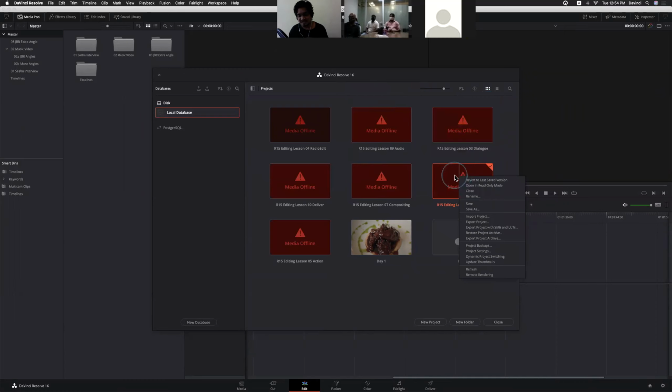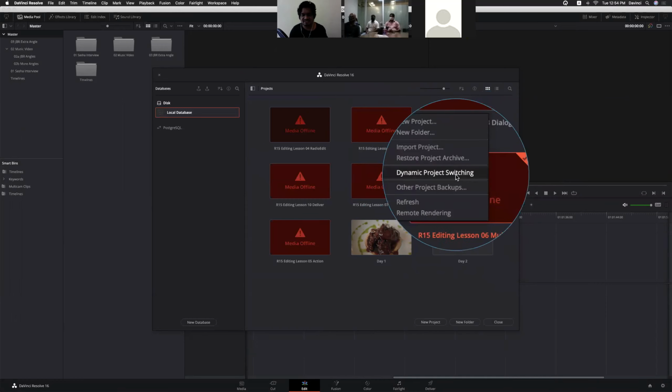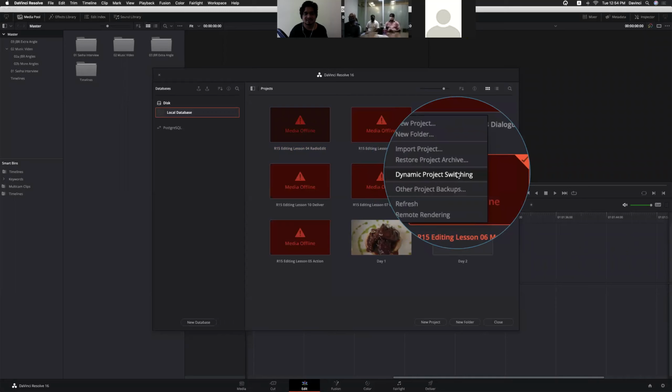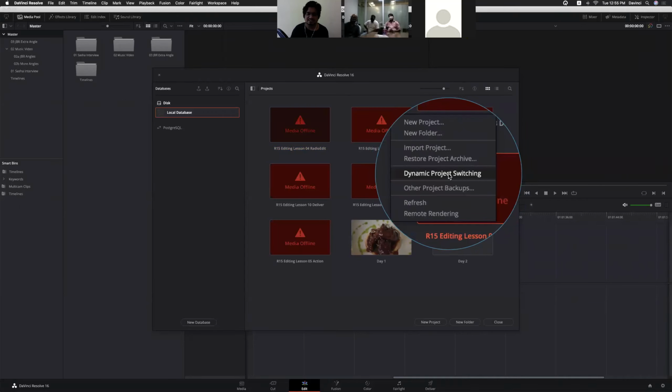We do have one option, right click, dynamic project switching. Dynamic project switching means it will not close the project. You can open multiple projects and you can switch between the projects in project manager. Okay, fine. You need to enable dynamic project switching.